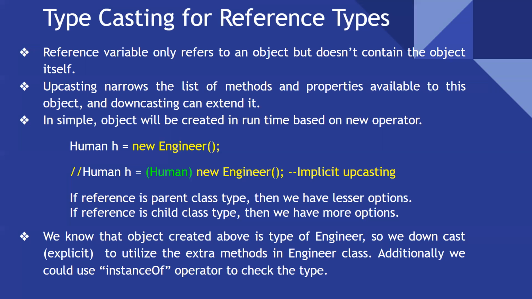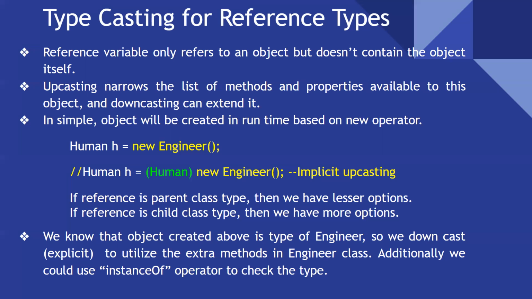We will discuss the same concept in the coming sessions, when we talk about why we need interfaces. Let's say tomorrow the engineer object is not good, and you have some other subclass which extends the human class. You can still use it without changing the reference type, so you have minimal changes. That's the reason you will always use the upper class reference or the interface reference. We have not seen interfaces yet, but we can consider it like an upper class reference, which helps us to have any type of object which extended the parent class.